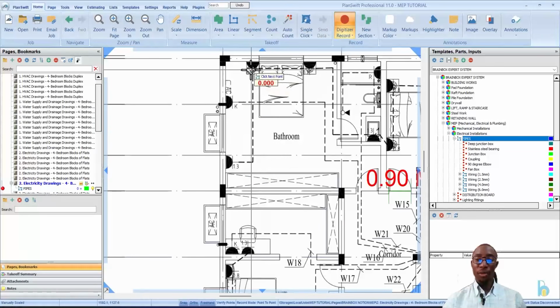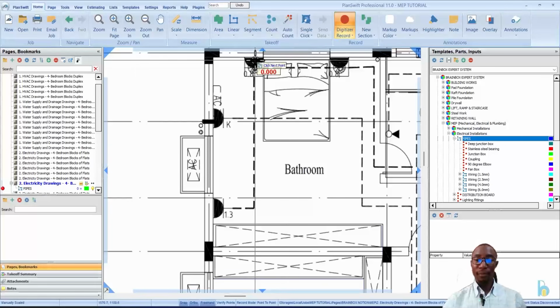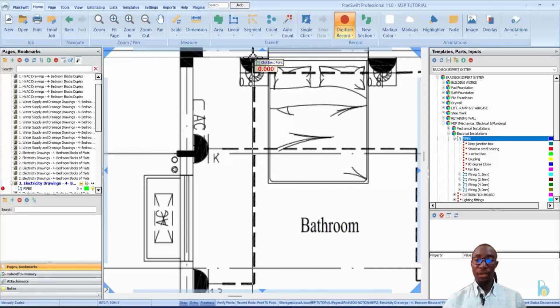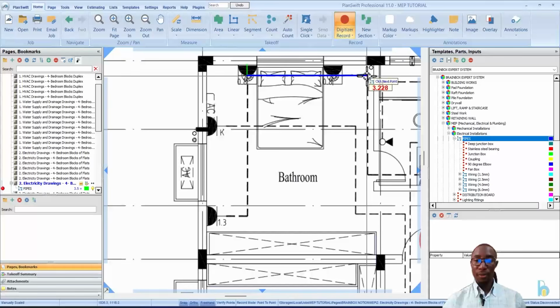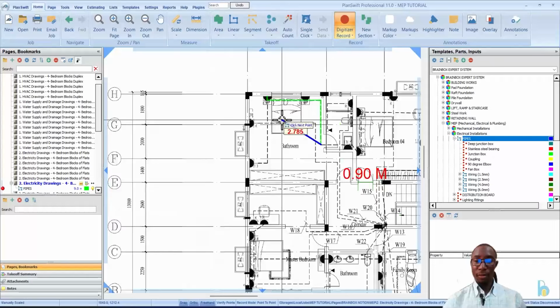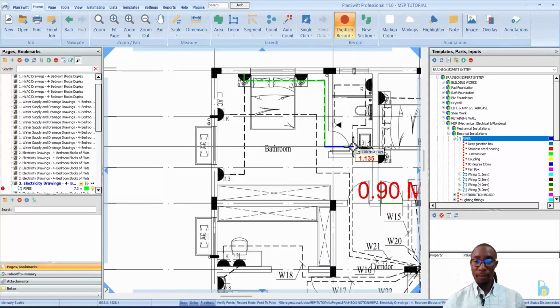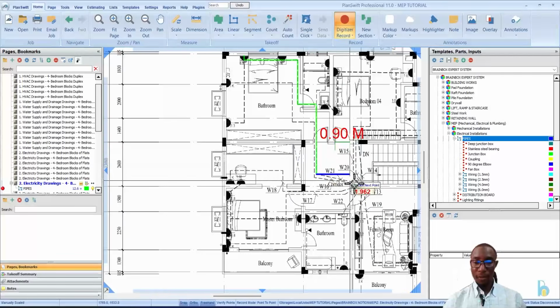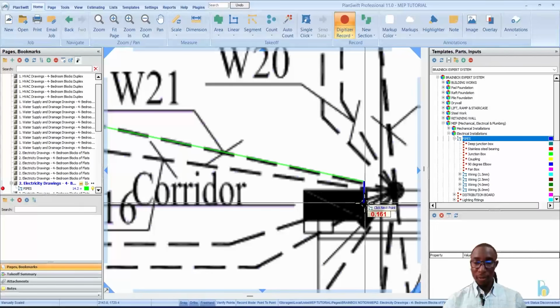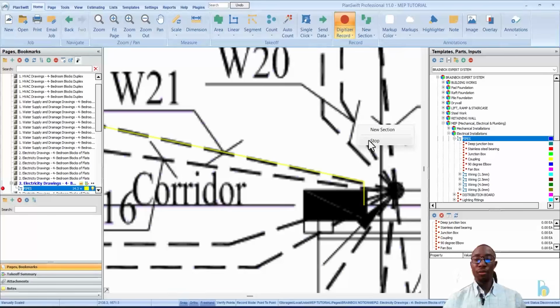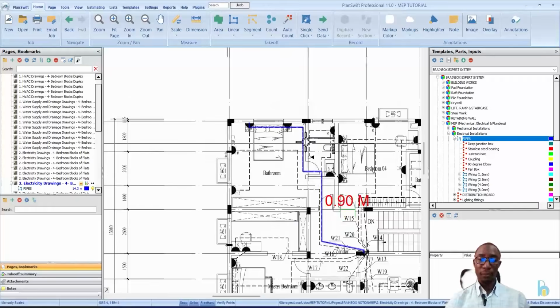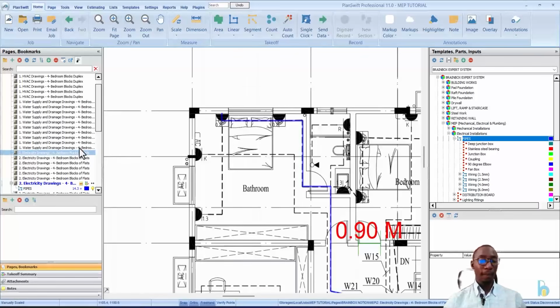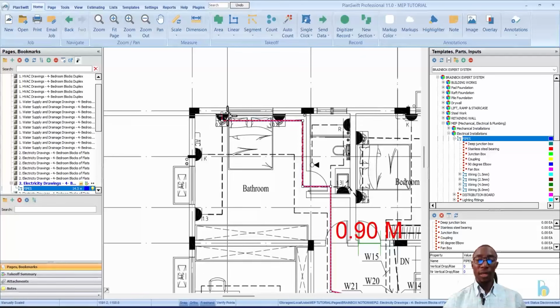So I'm going to start with this one here. So, you know, this is on the wall. So I'm going to start here, here, here, here, here, here, and then here to the distribution board. So I'm going to stop this. So I can easily continue. You can see we have 14.3 meters that runs from this,